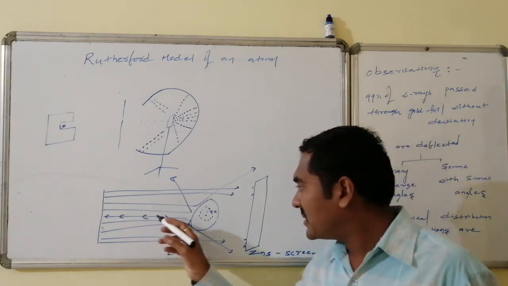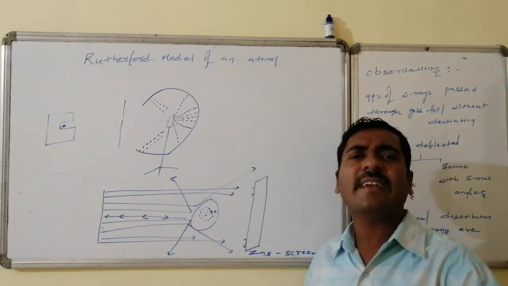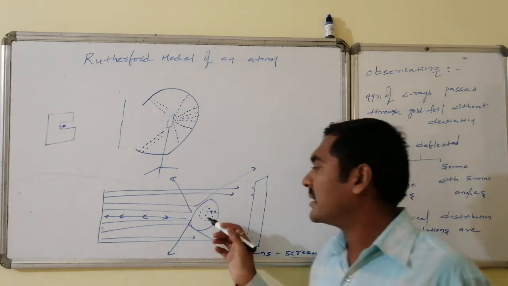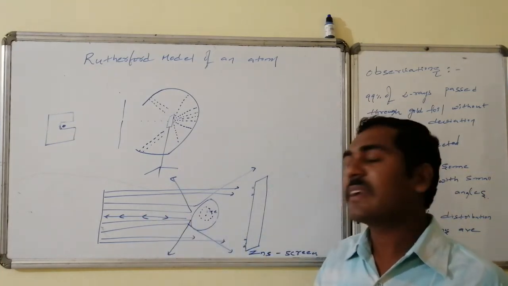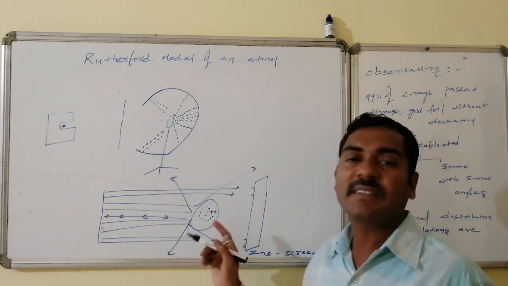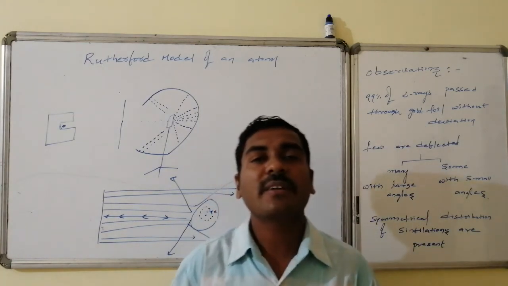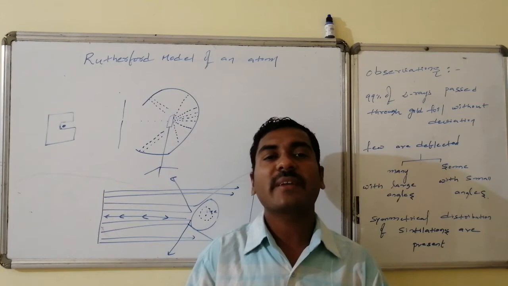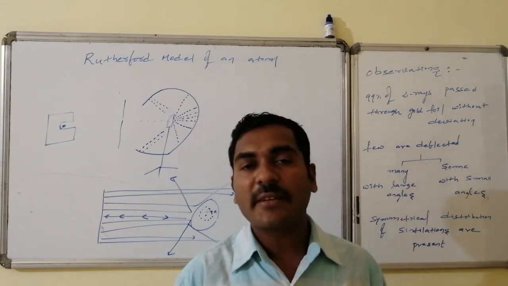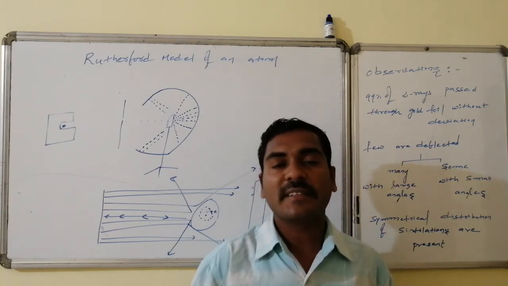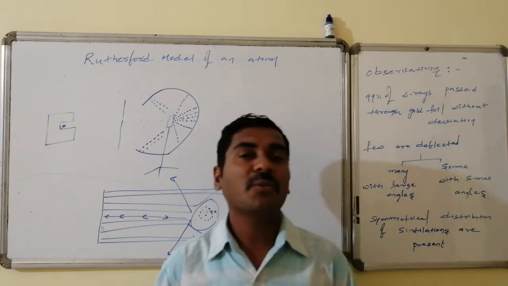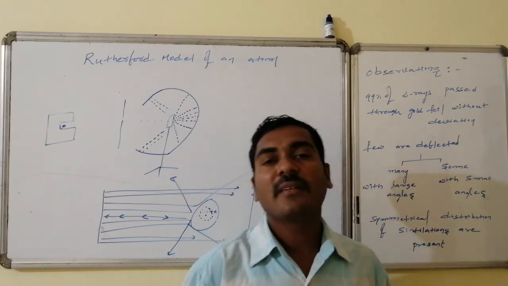Whereas one ray which is traveling exactly in the direction of the nucleus is deflected with the maximum angle, that is 180 degrees, which is said to be the reflection. Thus what we can infer from this experimental result is most of the space in the atom is empty. Entire positive charge is located at the center of the atom, that is known as the nucleus, named by Rutherford,